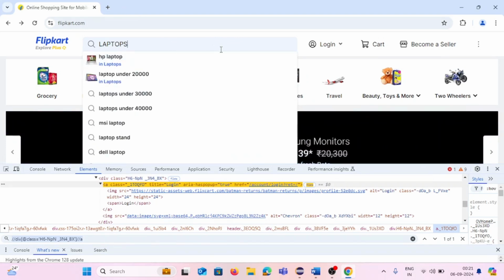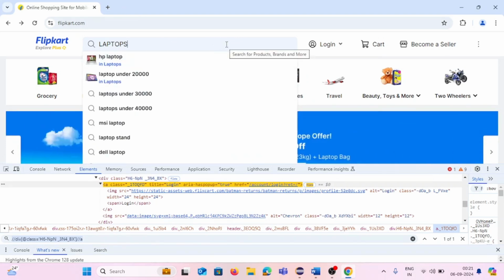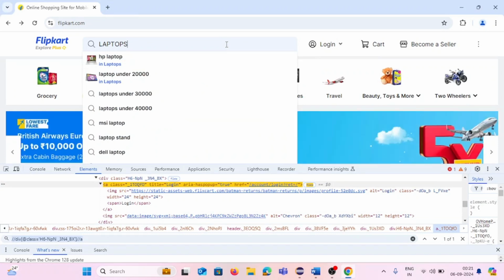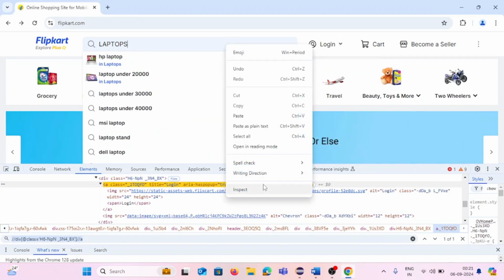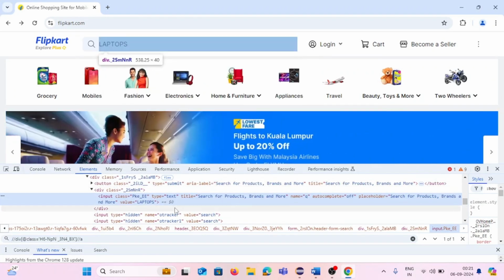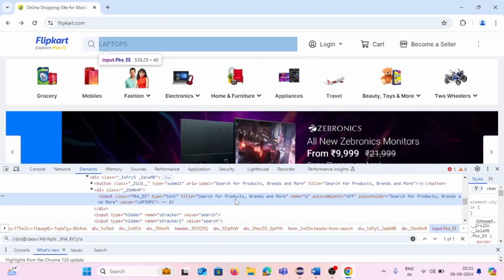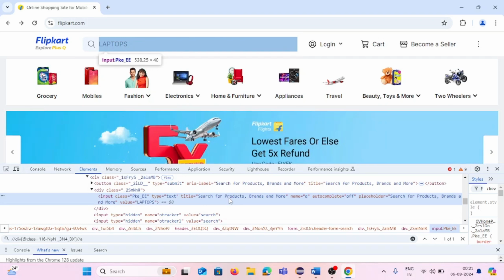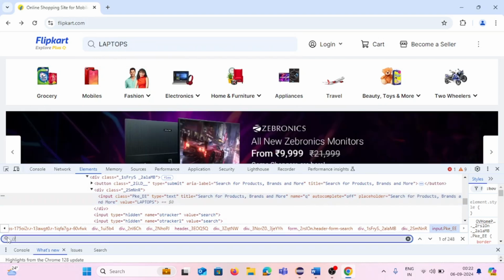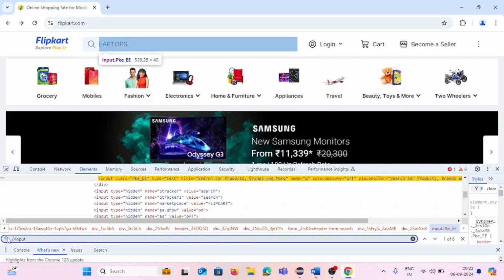To type something in this search bar, we need to write the XPath for the search bar. Just inspect, and you can use this HTML property. So let me write down the XPath using regular expression. I can take this //tagname